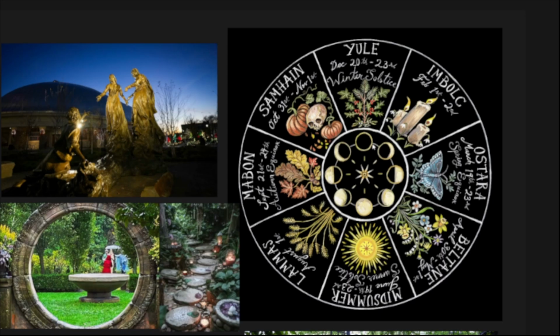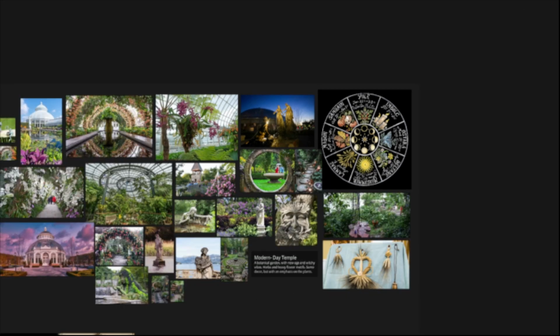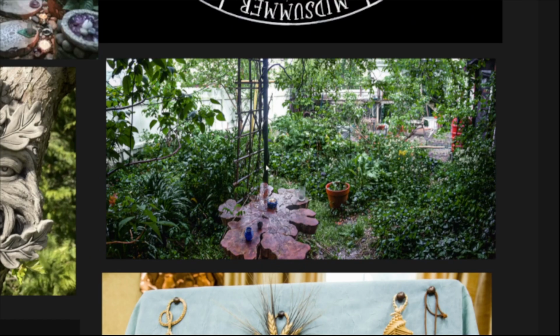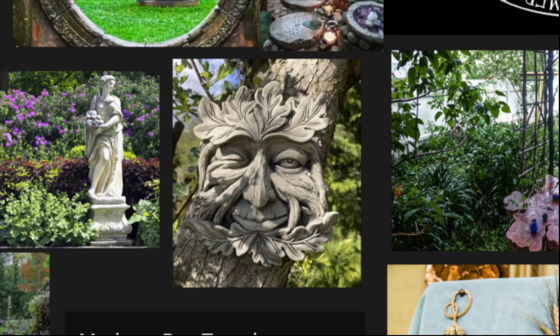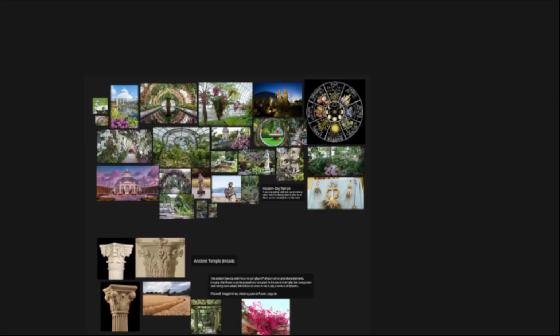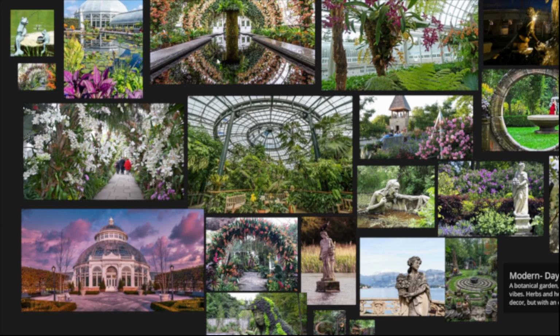Persephone is Demeter's daughter. So my idea was to base the botanical garden off of these New Age themes of the Wheel of the Year and have braided wheat and little elements like that going throughout the botanical gardens, and the garden itself being a dome or a circle.